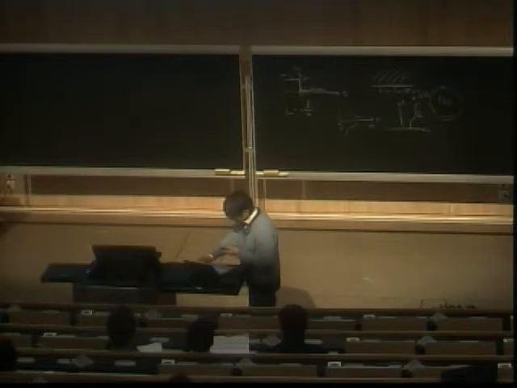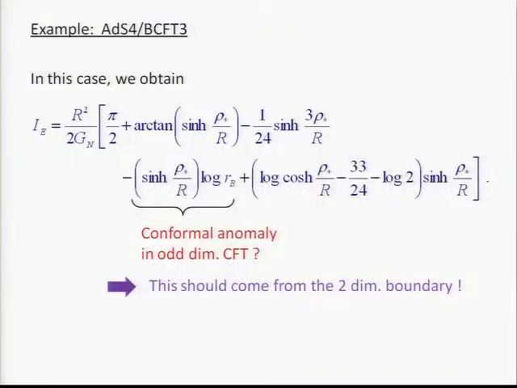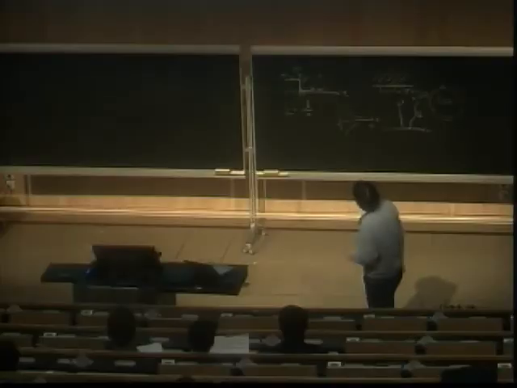So this predicts that somehow the g theorem can be generalized into higher dimensions. For example, if we look at AdS4/BCFT3, a three-dimensional conformal field theory with boundary, what this tells us is that this contribution has a monotonicity behavior. So this is an unusual contribution. In a three-dimensional conformal field theory, we don't have any central charge, but there is some logarithmic term, a logarithmic divergence. I removed the divergence, but this comes from the logarithmic divergence.